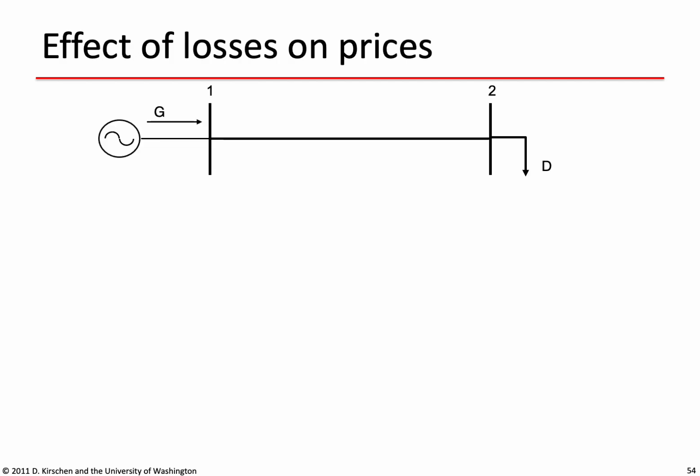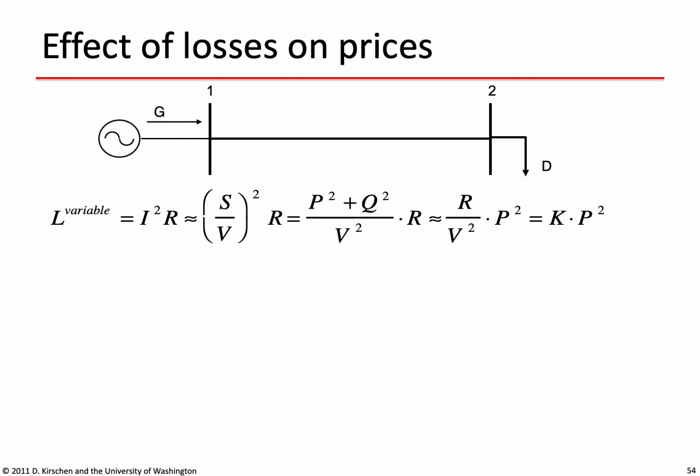Let's now turn our attention to the effect that losses might have on nodal prices. And let's do that using a simple example again with 2 buses. We have a generator at bus 1 that produces power G and a load at bus 2 which is equal to D. The variable losses in the system are the I squared R losses, but I is S over V, and S, being the complex power, is the square root of P squared plus Q squared, so S squared is P squared plus Q squared. Now typically the active power flowing in a line is much larger than the reactive power flowing in this line,